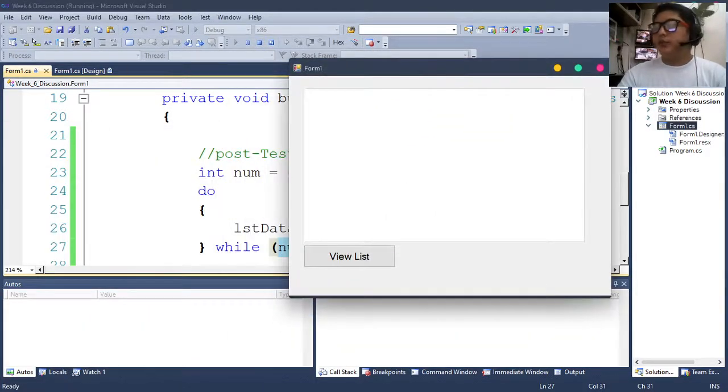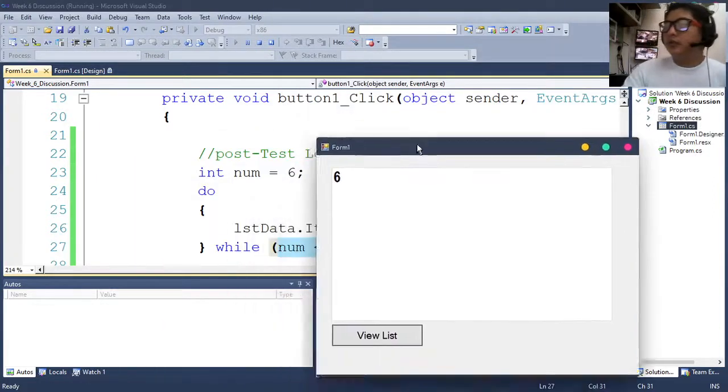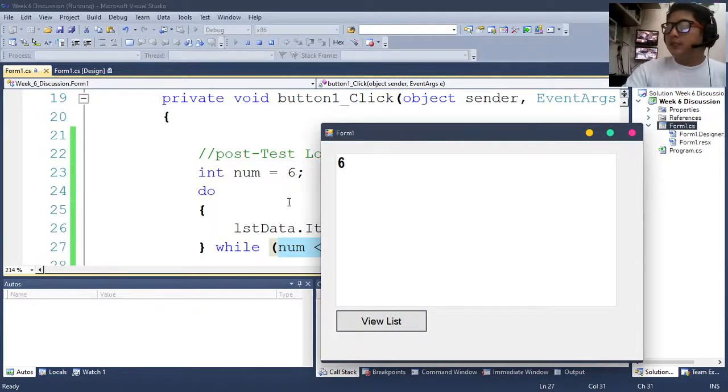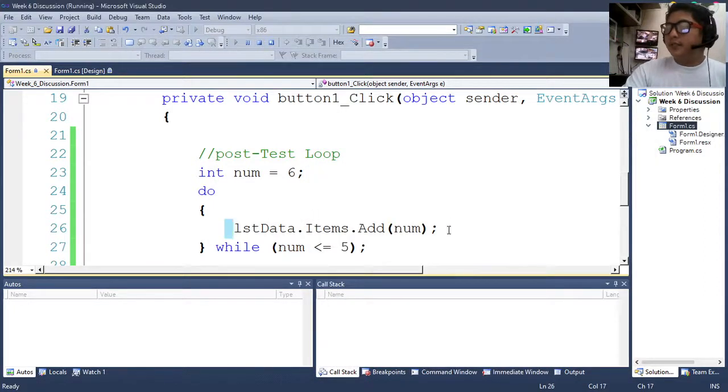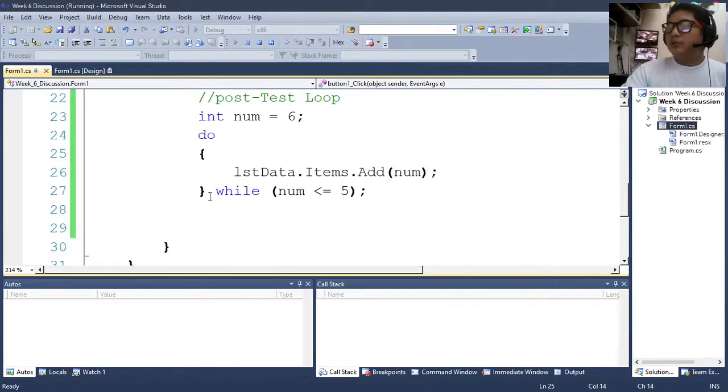Okay, so this one, ayan na siya. So, display. Yan. Notice nyo, it only outputs 6 because once this statement is executed, the program needs to check